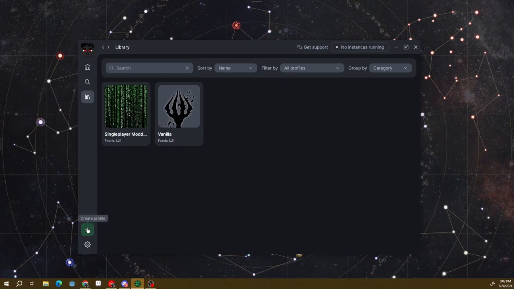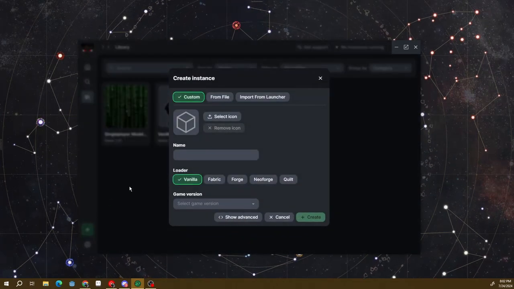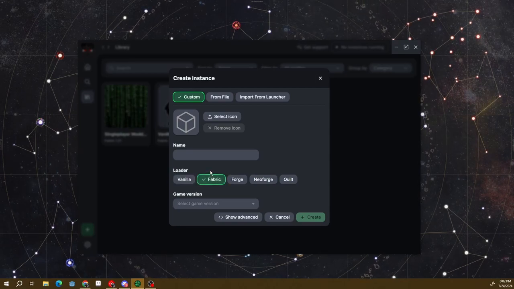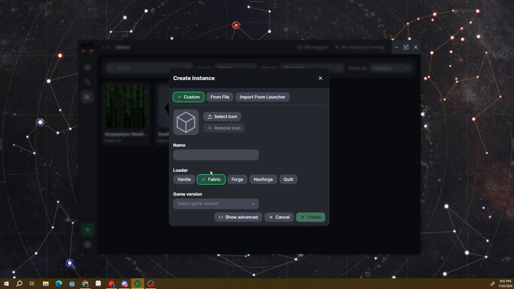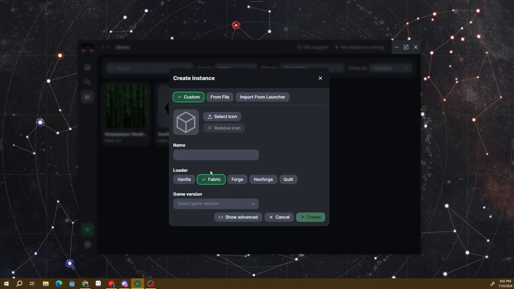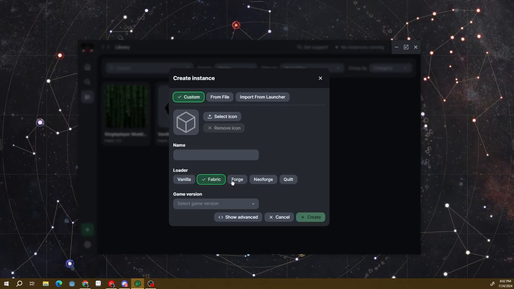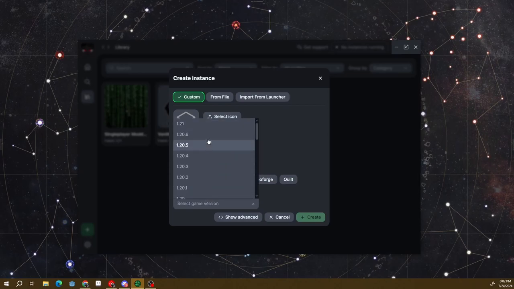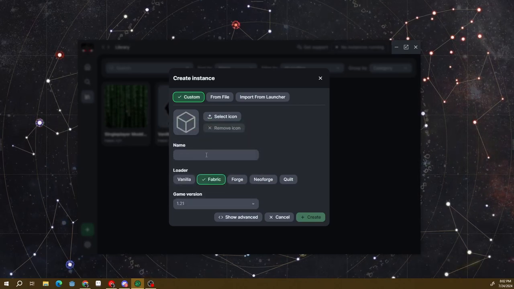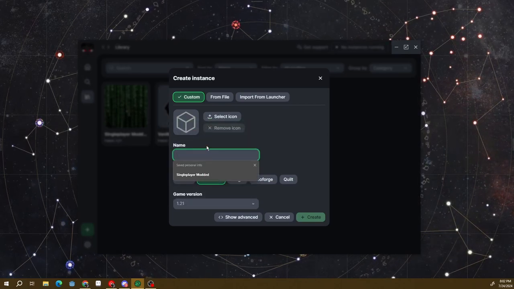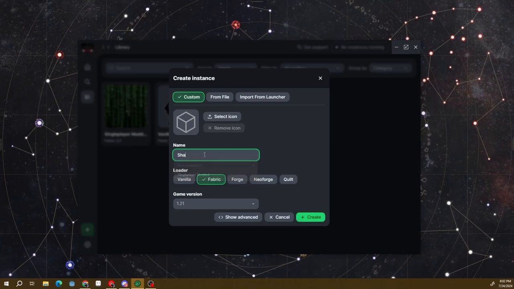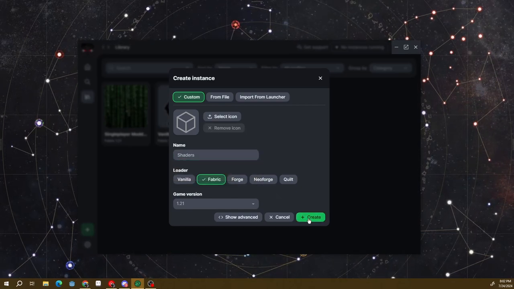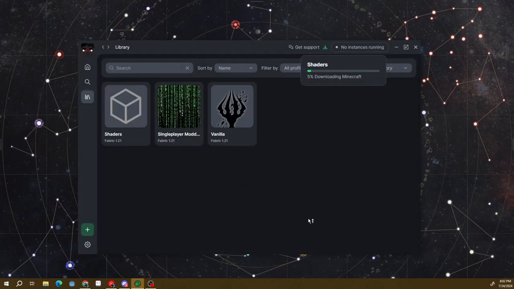So what you're going to want to do then is hit Create Profile. We are going to use the Fabric mod loader for both methods. You see there's a bunch of them to choose from: Fabric, Forge, Neoforge, Quilt. We're using Fabric. Game version is 1.21, and we're just gonna call this, I don't know, shaders or something, call it whatever you want. And so hit Create,